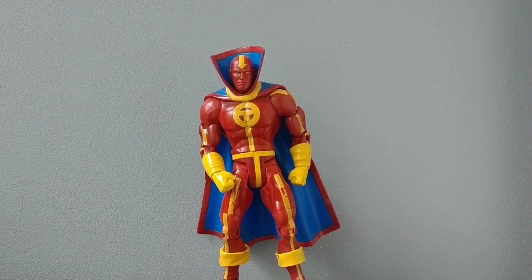But again, I'm always kind of hard on my customs. I think my Grim Knight is one of my worst customs ever, even though I realize it's some of my best work. But you know what? I won't complain. Anyway, I think that this was a figure that really stood out to me as being the start of my